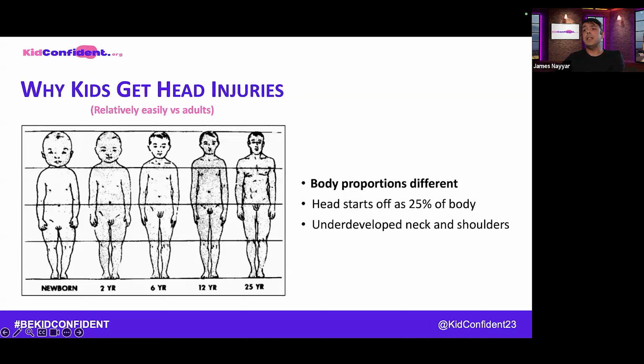And this also, as we all know, has implications for our airway management, with their big heads and their occiputs and squishy cartilaginous bits where there should be bone, which are the fontanelles. And under 12, they're still more vulnerable to C-spine and head injuries because they've got weak shoulder and neck muscles, which haven't quite got developed. And then when they get over 12, they're just getting bigger and stronger, and their necks and shoulders are developing, and they're less high risk for getting head and C-spine injuries.